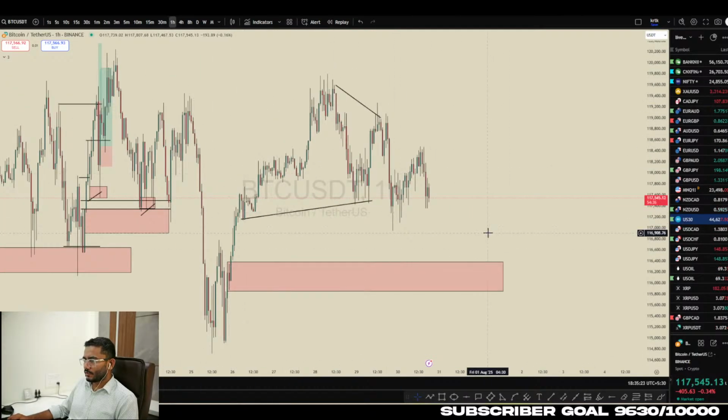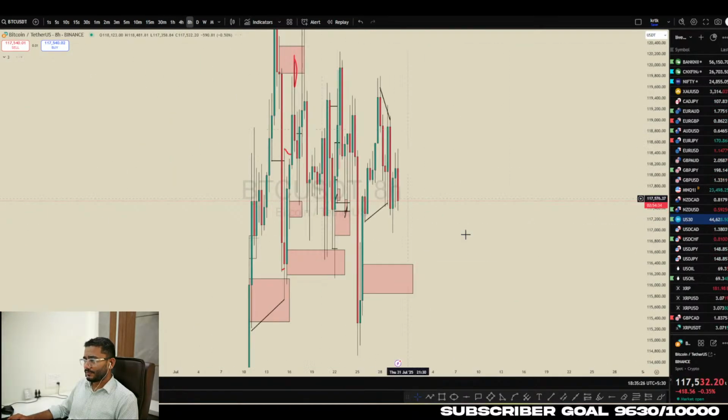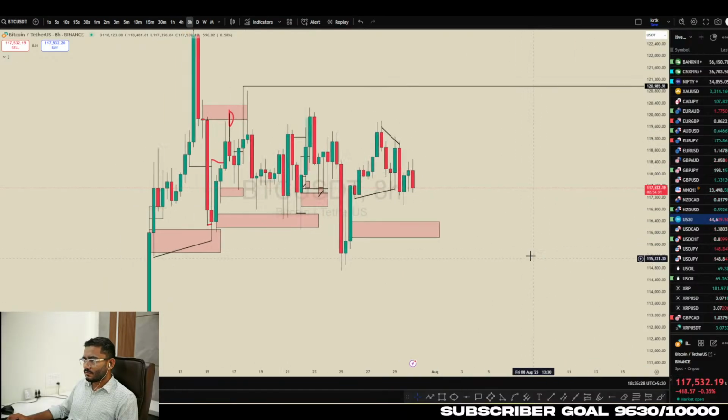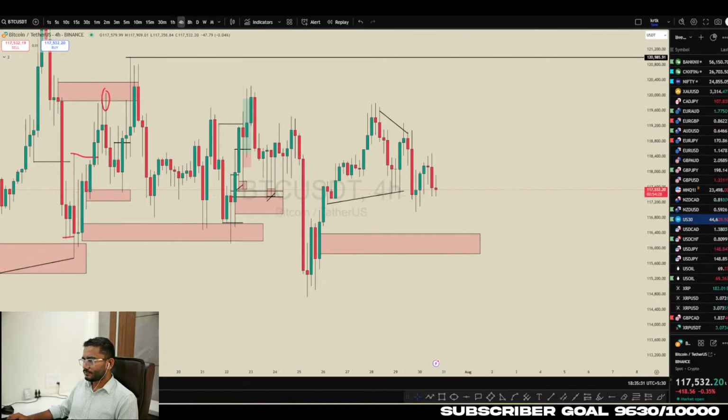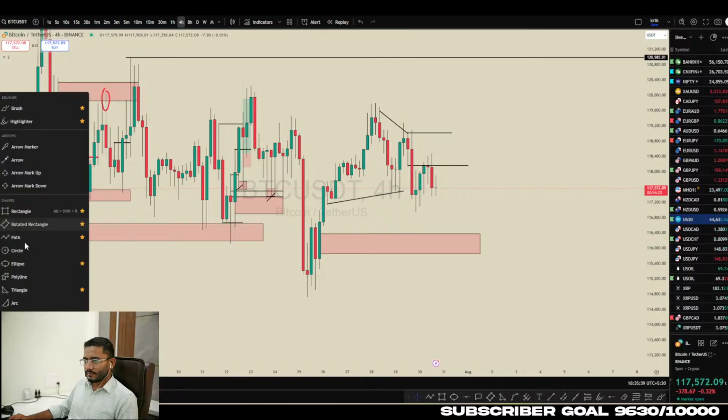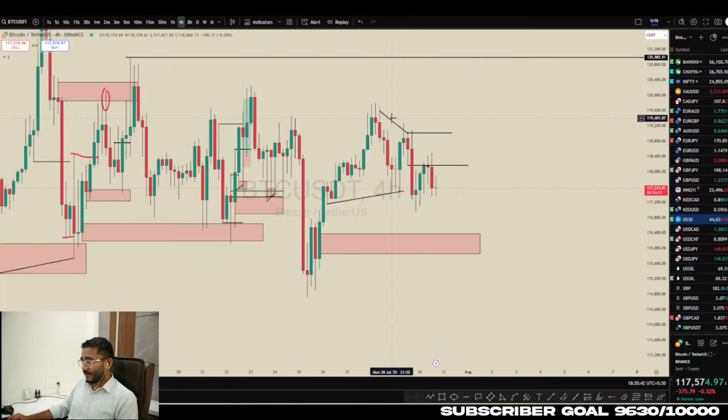I'm always explaining the logic, but on BTC on 4 hour, this week has been liquidated, and then price mitigated this order block. So price has created this trend line liquidity above this area, and there is this liquidity sweep. Price fulfilled this imbalance. It should continue higher, but right now this 4 hour candle closed below this wick. So I think it will sweep this liquidity, and then it should continue.